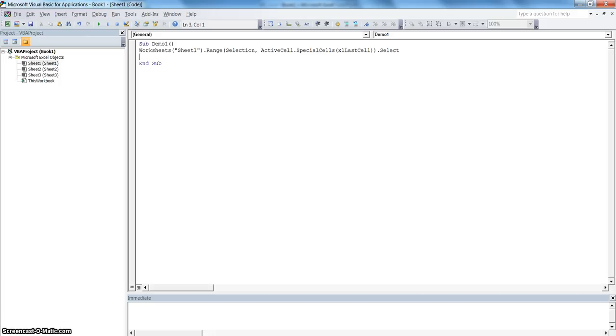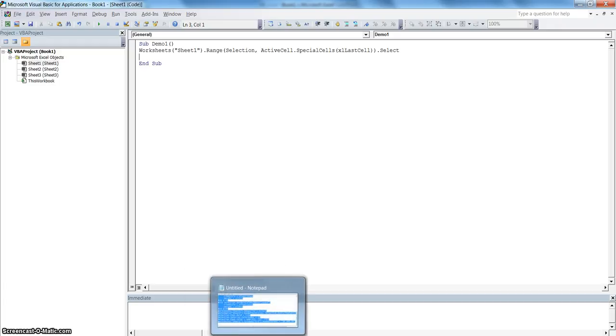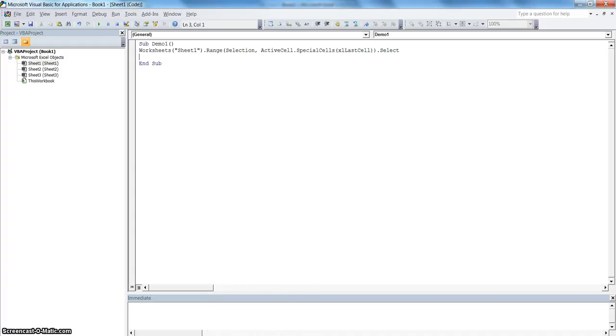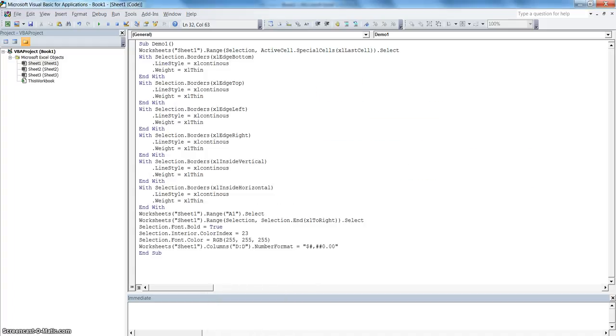Now for the rest of the code I'll be copying it from my earlier sessions. If you have gone through my earlier sessions, you will be aware of those codes. Now I will explain each line of code. In my earlier sessions I wrote this code for placing borders, where I used only xlEdgeBottom.